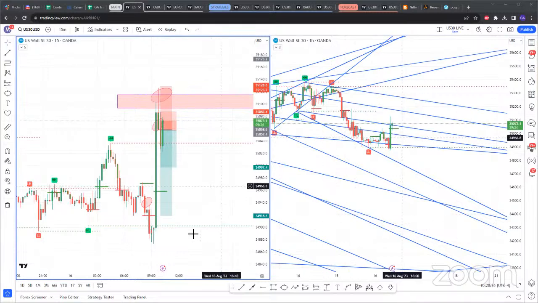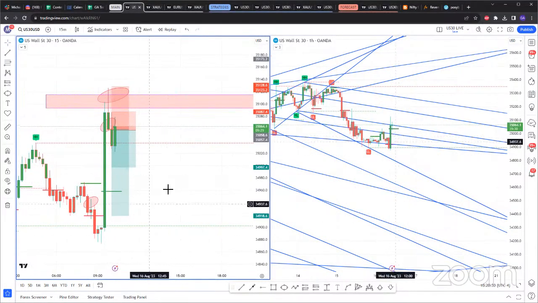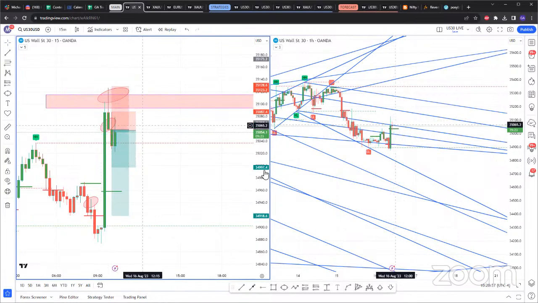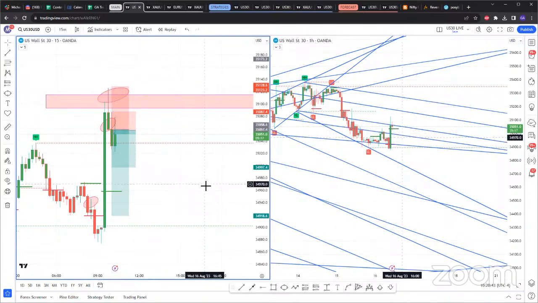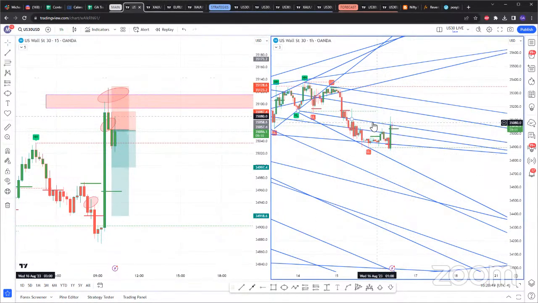So let's see if during this time it's going to decide to stop me out. But you can see we have a lot of selling pressure on US 30. All of these wicks that are being created, that's a lot of selling pressure on US 30. So this is what I like to see right there. And I know on the hourly as well, we are testing this trend line to the downside.